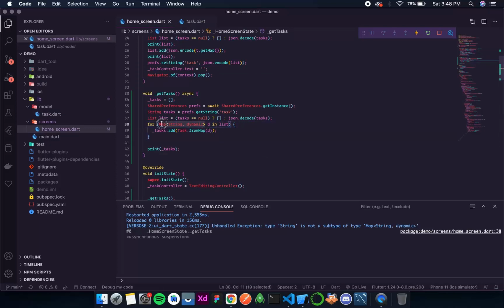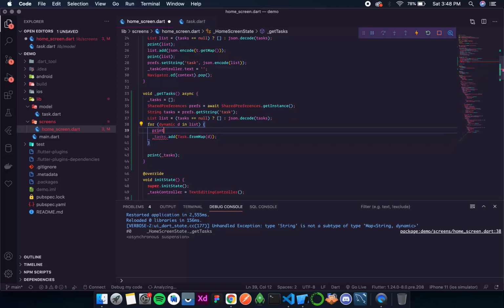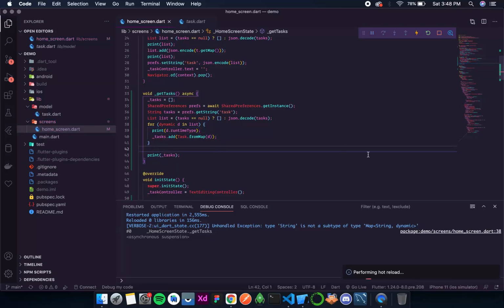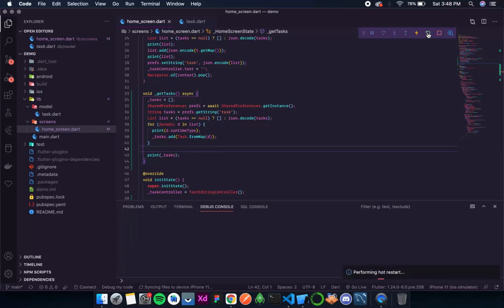Okay, so let's convert it back to a dynamic, and over here I'll add a print statement, print d dot runtime type. We have a method like that which will print the data type during the runtime. Okay, so let's save this and do a full restart.